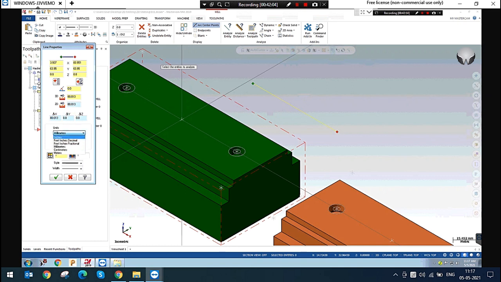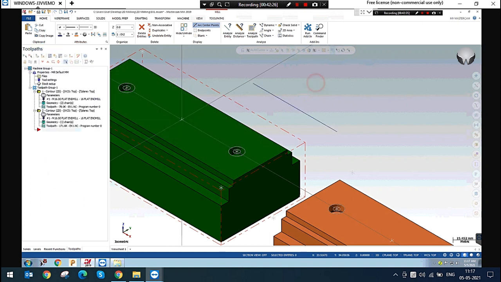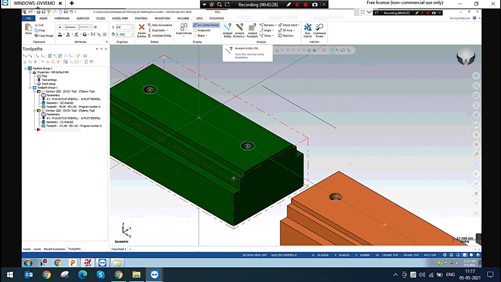Now units, we can change the dimensions in millimeters and centimeters, whatever you want. The precision is the same, and you can change the level. You can change the color here also. You can change the style of the line and the width of the line here also. So this is analyze entity.